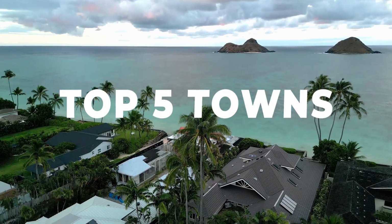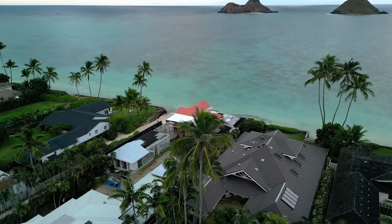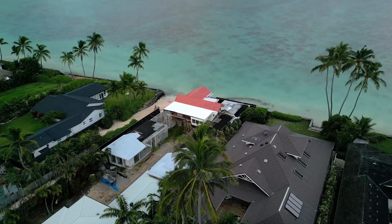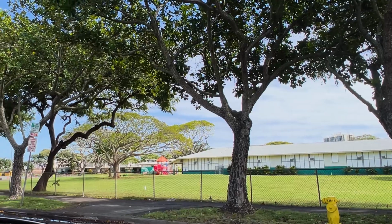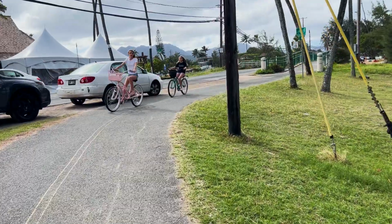Kailua is one of the top towns people like to live in on the island because it's really family friendly for a bunch of reasons. There's a strong sense of community here. People like the schools, and there's lots of parks and playgrounds. And you'll see families just riding around town on their bikes, just out for a cruise, and going to shops